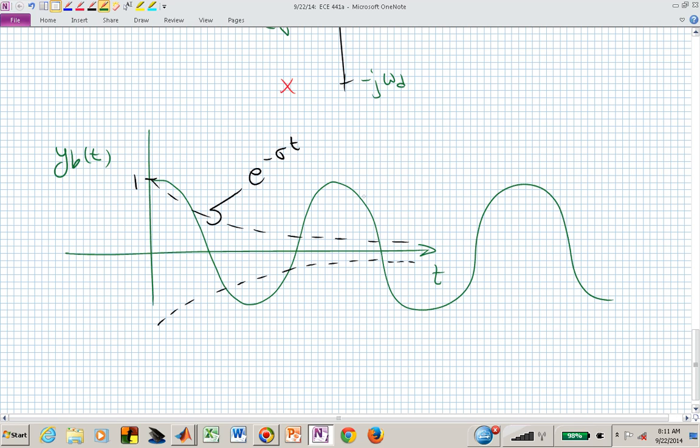This is our cosine piece. And if we needed to, we could actually find that omega sub d by looking at what is my period of oscillation. Now, what we're doing is point by point multiplying those two pieces together, and that now gives us,